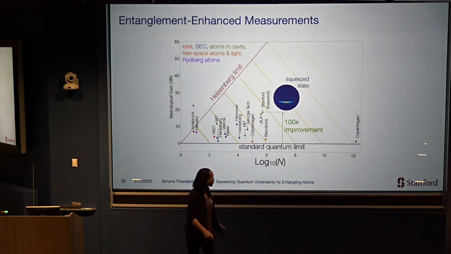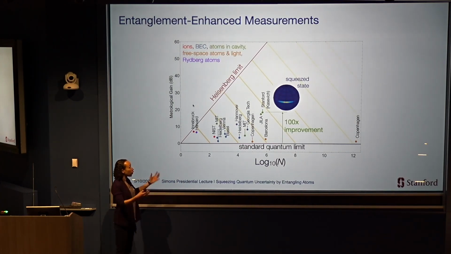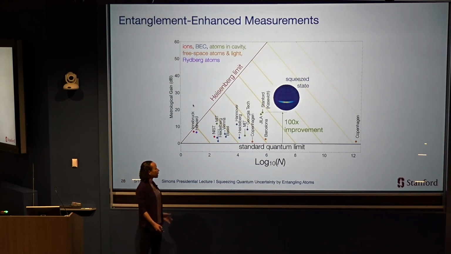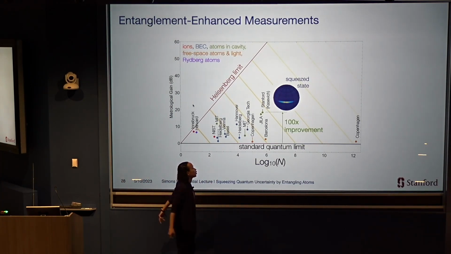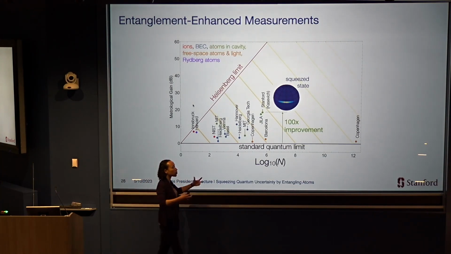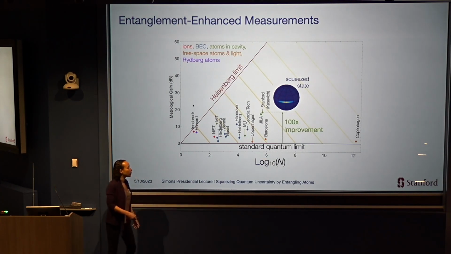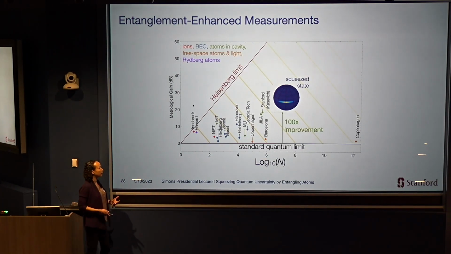And then the direction of increasing absolute precision is the direction of lighter and lighter yellow lines here. By now, there are a few different physical systems that have realized this type of squeezing and precision beyond the standard quantum limit. But the record is actually held in these types of systems where atoms talk to each other with the aid of photons, which are shown in green, these photon-mediated interactions in cavities.